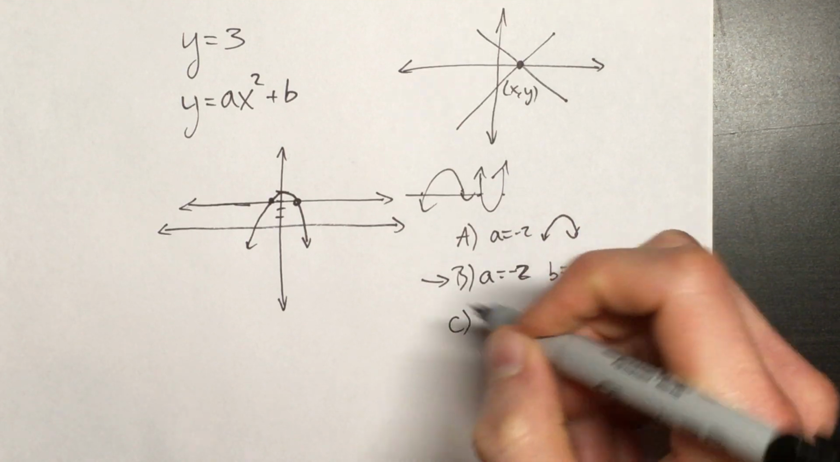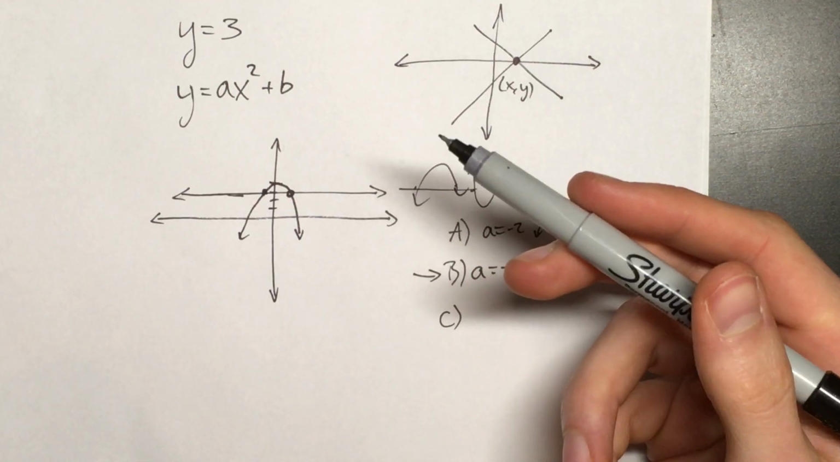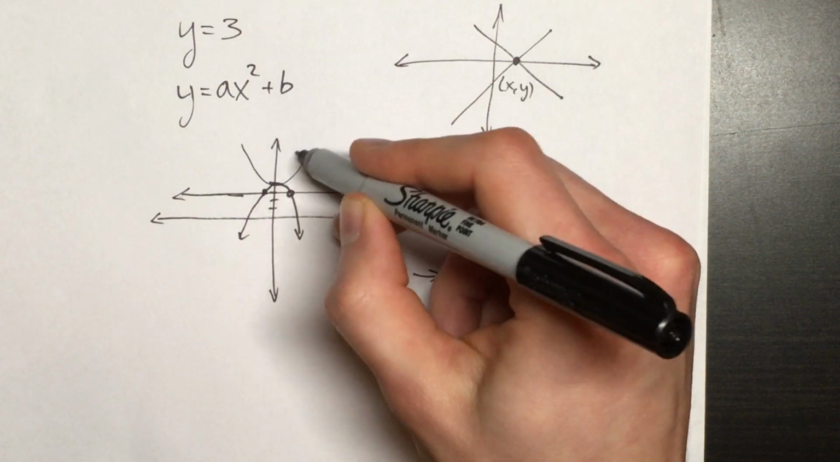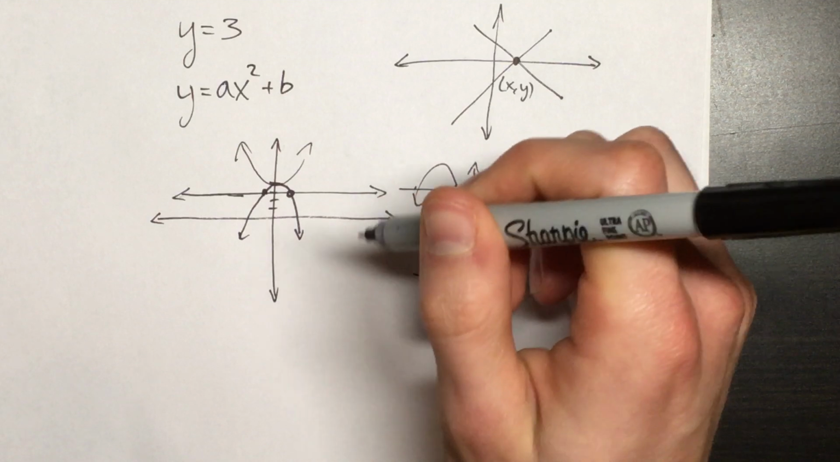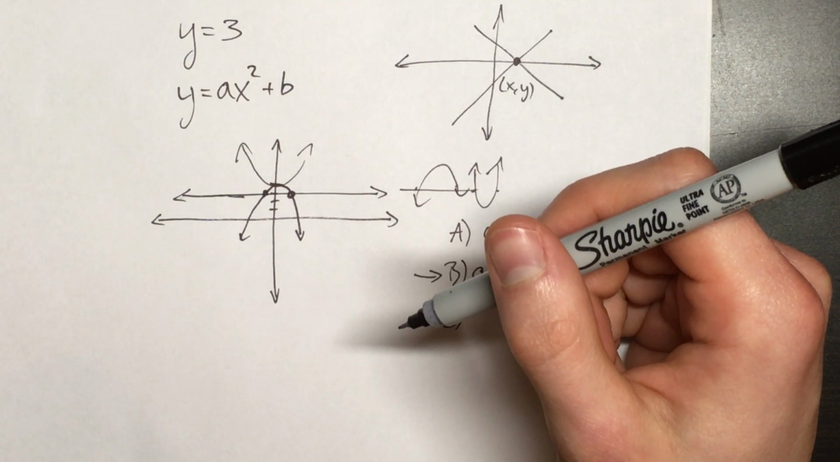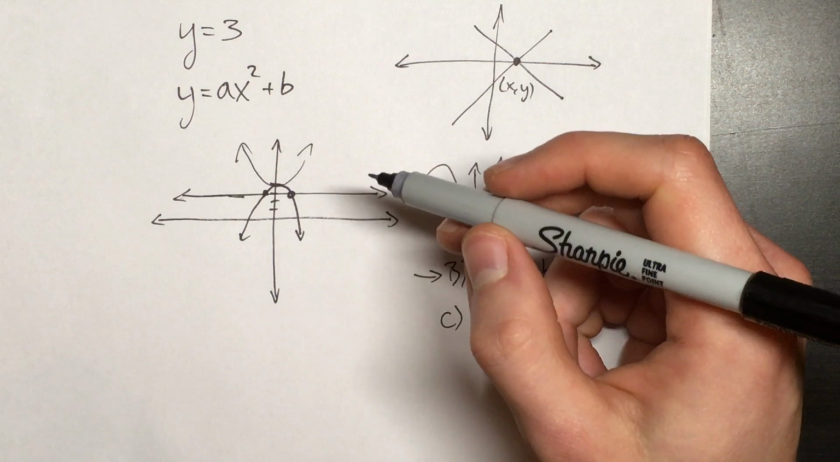For C, you're opening up because your a value is positive, but you're starting at 4, right? So you'd be opening up from here, so you'd miss this line completely. And the last one, D, a is 4 and b is 3. So you're opening up